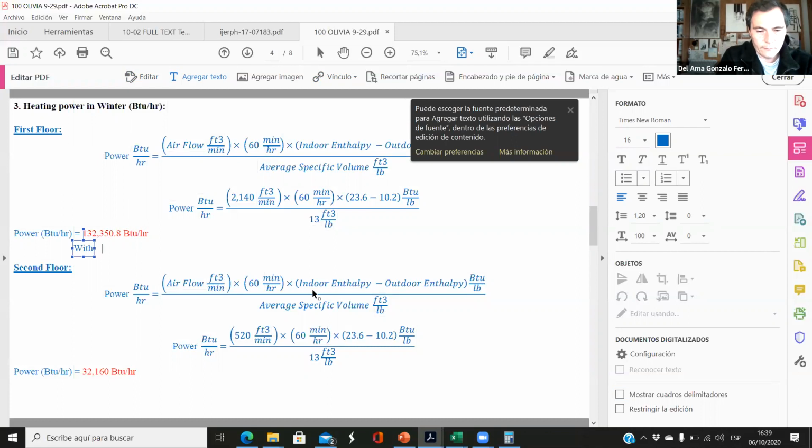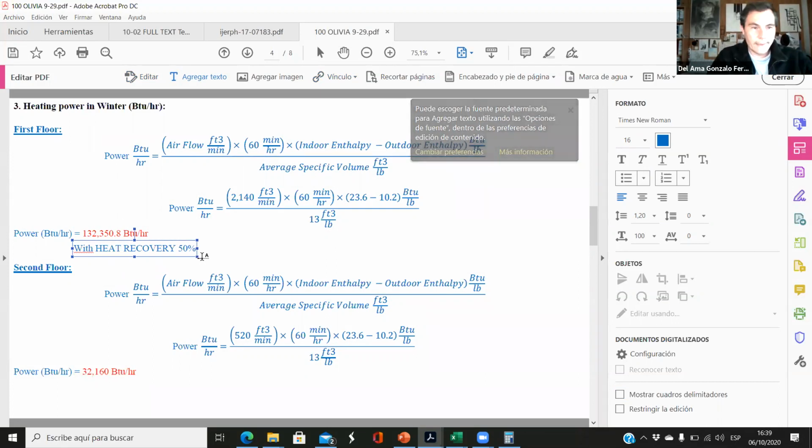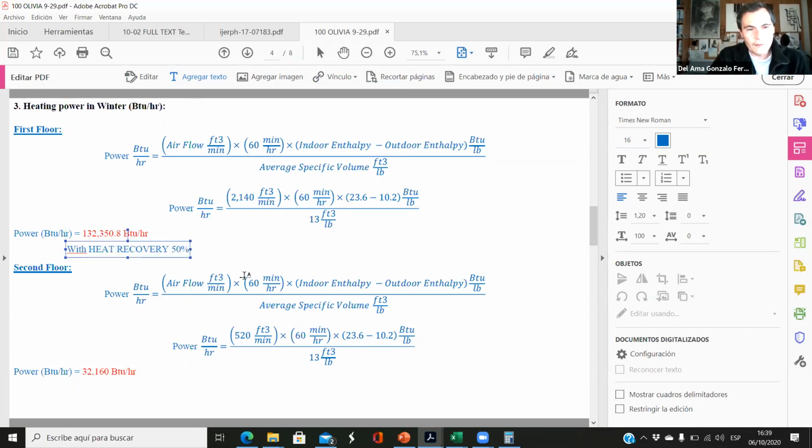with heat recovery at 50%. So that depends on the efficiency of the heat recovery. It can be above 50, it's good. So it can be 50, 60, whatever. But just to be conservative, let's use 50. So with heat recovery, the power in BTU per hour